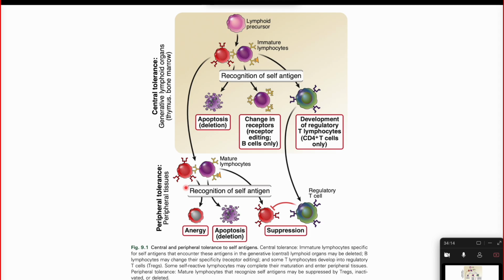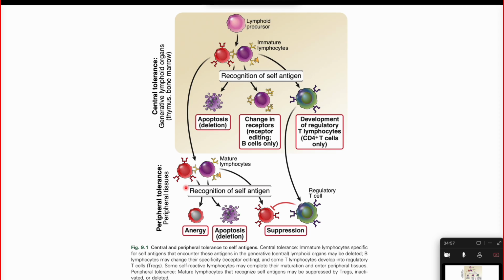Once these immature lymphocytes recognize self antigen, they are led to not survive. They'll be killed, or if the binding was not so good, then a little more rearrangement, editing, will be done. Regulatory T cells will also be there to ensure that this whole process is happening properly. And in the peripheral tissue, when these cells migrate and recognize self antigen, if